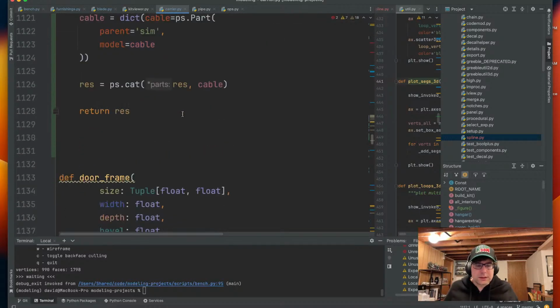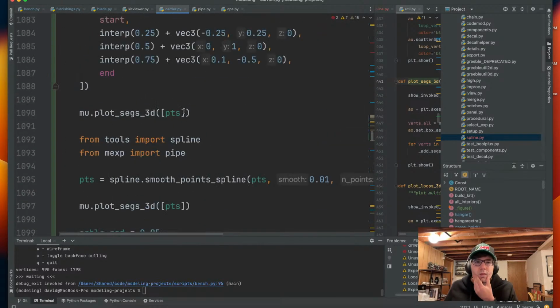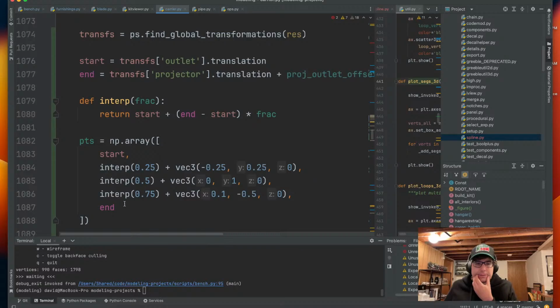And we can actually do the same. So we can do end plus